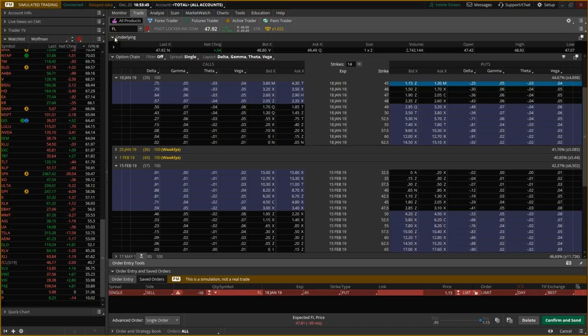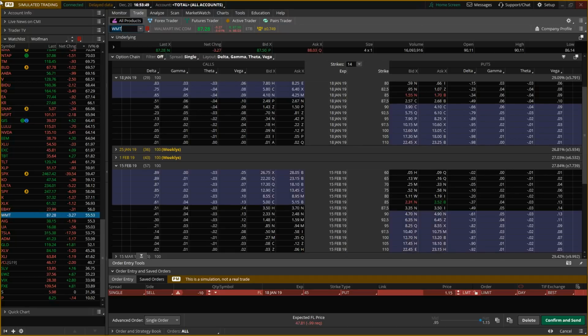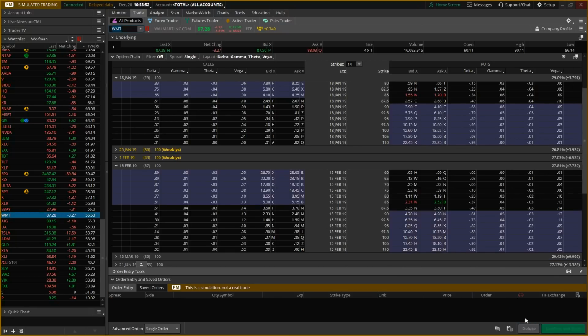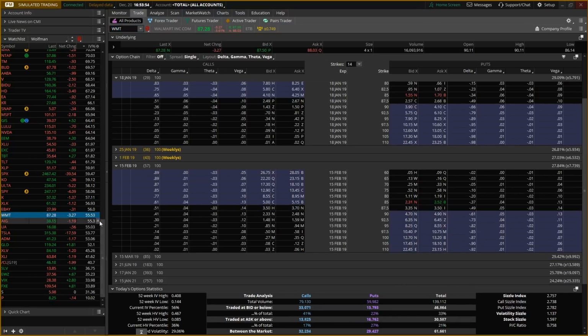So another one somebody threw out was Walmart. Let's take a look at Walmart. Walmart has about a 50 IV%. You can see it over here in my watch list. The other place you can look at it is right here. So 56, we're okay there. Next thing we look at is this less than a 2% increase from 29.09 to 27.84. Since that decreased, that's a green light. So we're working on that one.